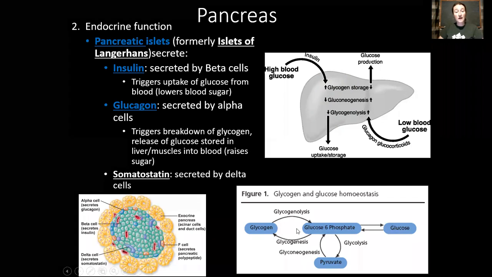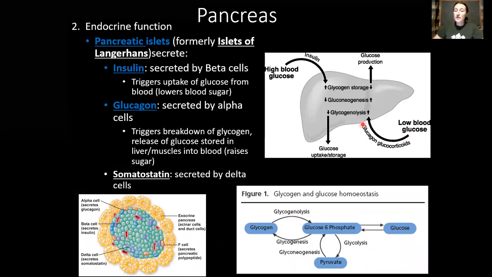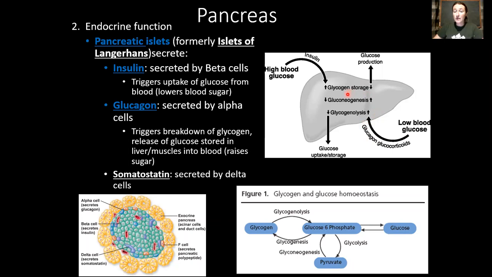So essentially, it is pushing everything in this direction. On the other hand, glucagon is released when glucose is gone. When detected by the hepatocyte cells, glucagon is going to trigger the liver cells to start making new glucose, to start breaking down glycogen, and to stop storing so much glycogen. Ultimately, when glucagon is detected by the liver, it is going to increase glucose production and release into those sinusoid capillaries. When insulin is detected, it is going to increase glucose uptake and storage. So we're going to save that energy for a later date.